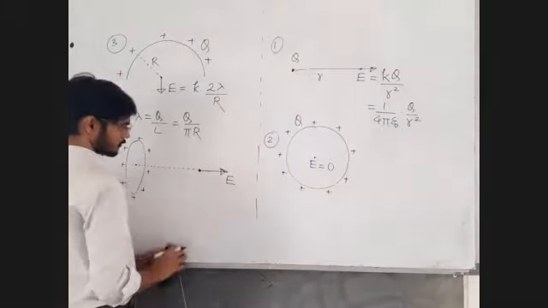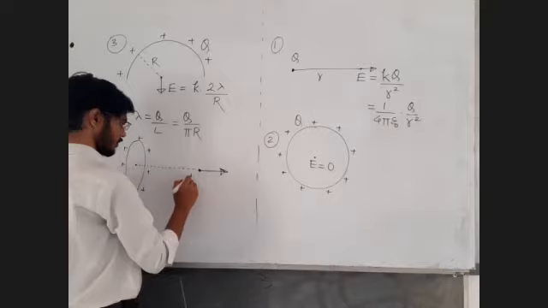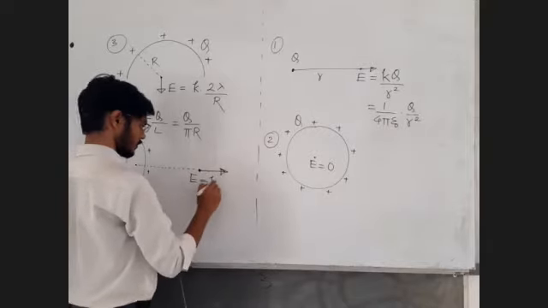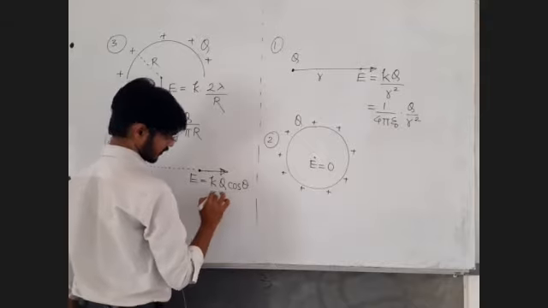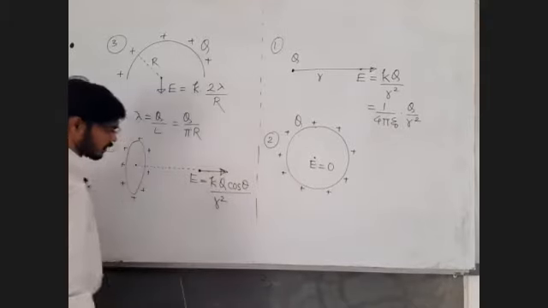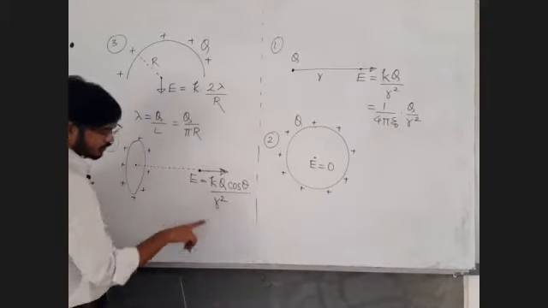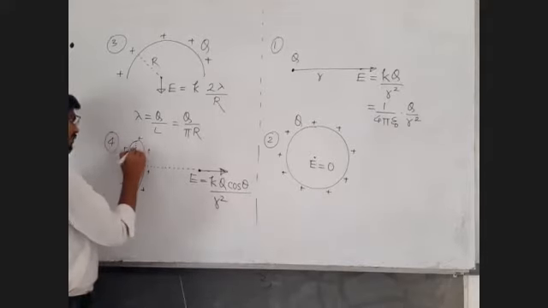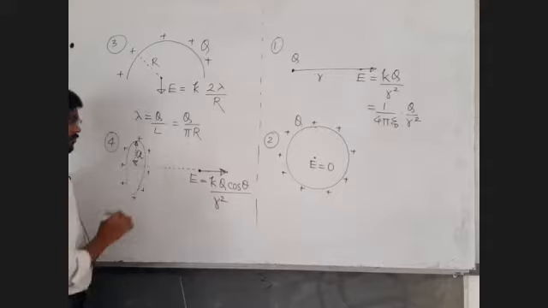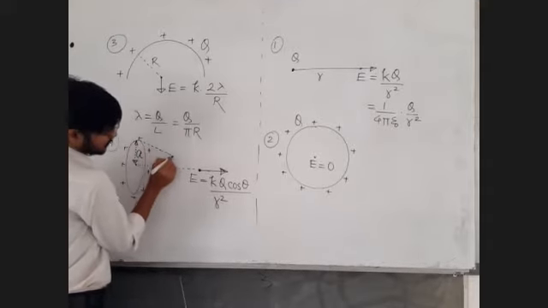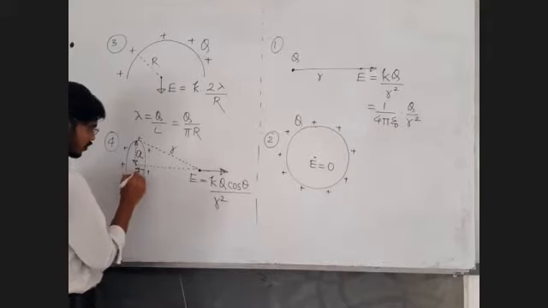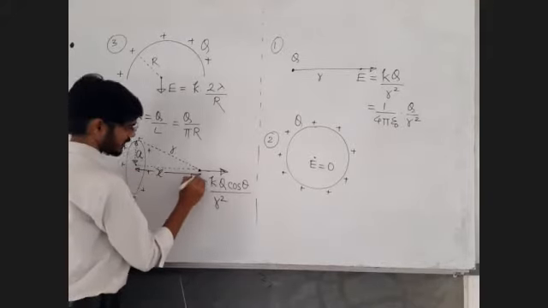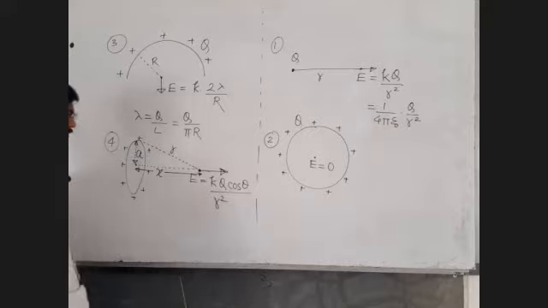What is the formula there? Formula is, sir, k into q cos theta, kq cos theta. Only this cos theta term is additional, upon r square. But sir, I might get confused between the small r and capital R. So I will be calling the radius as small a, and this slant distance I will be calling as small r, and the distance on the axis is always to be called as x. Some people call it as z, but we will be calling it as x. Distance on the axis x.